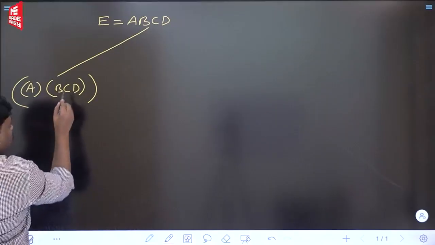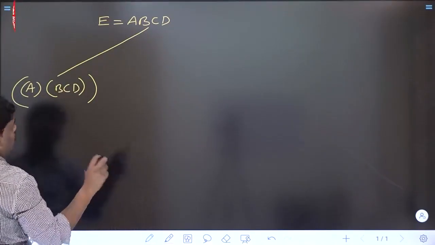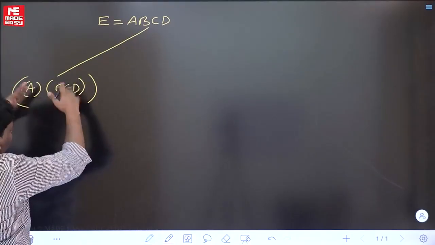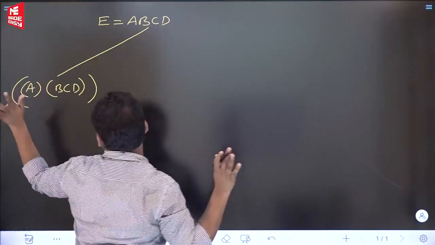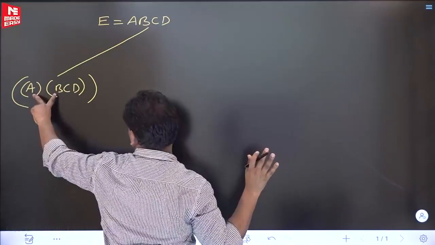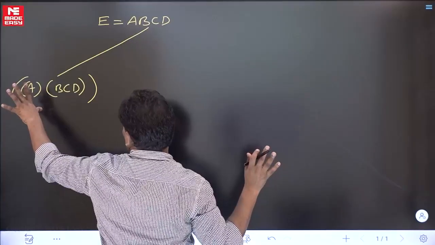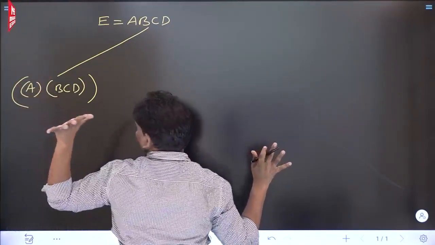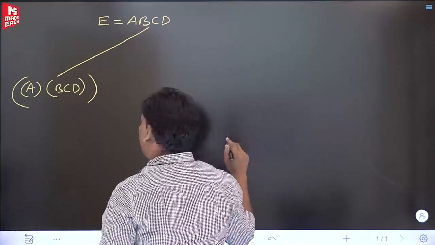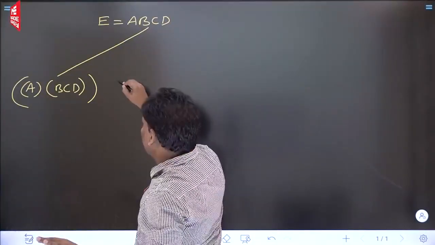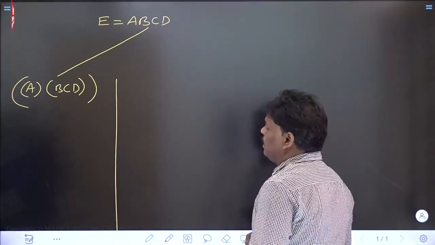Some people are asking, sir, how will you multiply 3 matrices? In the next level it will be done. Don't worry. If the top level is done properly, the next level also the same thing will be done. Don't worry about the size. Simply divide into 2 groups, every group containing at least one matrix. All possibilities you have to cover. Dynamic programming is covering all possibilities. So this is one possibility: to do ABCD, one way is A into BCD.